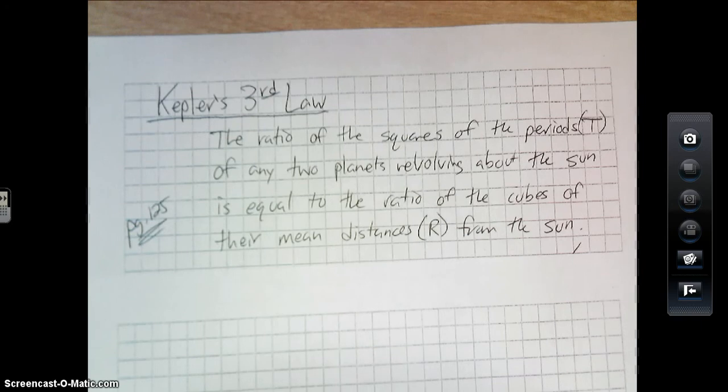All right, I'm going to talk about Kepler's third law, which states the ratio of the squares of the periods T of any two planets revolving about the sun is equal to the ratio of the cubes of their mean distances r from the sun. Now, one thing to keep in mind is that if we talk about the mean distances, that means we're actually discussing